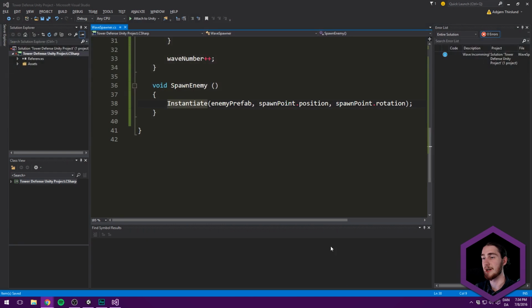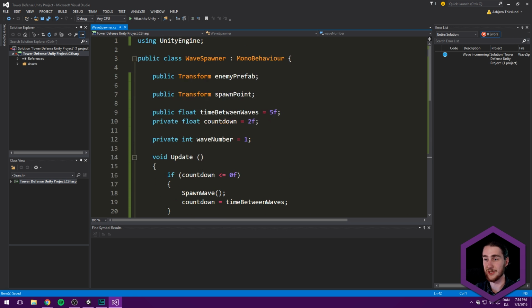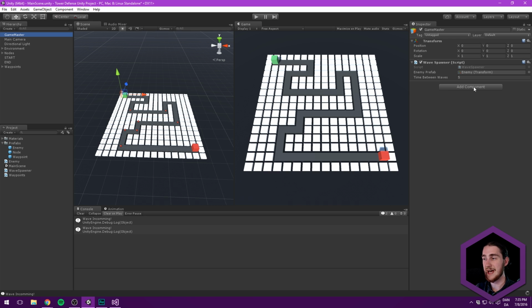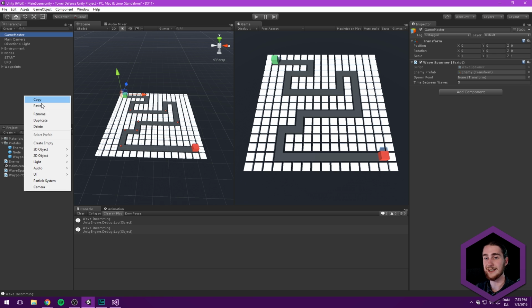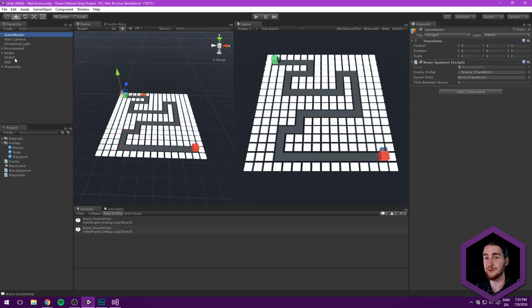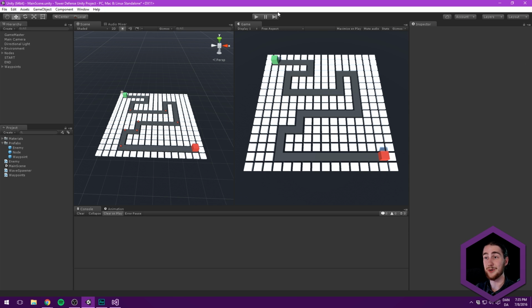We are actually done with this script for now. So if we go back into Unity now and find our GameMaster, we should have another empty slot, and that's going to be for the spawn point. So we can go ahead and create some kind of empty object, or we could just use our start node. So if we go on the GameMaster, find our start node and drag that in there, that should actually do it. So when we hit play, we are still not going to have any visual representation of what's going on, but we can see that we just spawned an enemy, and after 5 seconds it should hopefully spawn 2